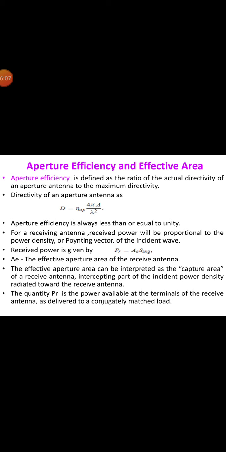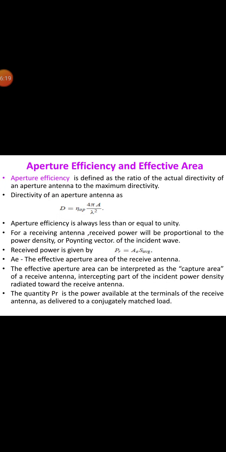Thus, for the case of the dipole antenna, we have load power P load equal to S into AE, where S is the power density at the receiving antenna and AE is the effective aperture of the antenna. And re-radiated power P re-radiated may be given as S into AR, where AR is the re-radiating aperture, and that is equal to AE. P re-radiated will be equal to P load. So this is applicable to a single dipole.